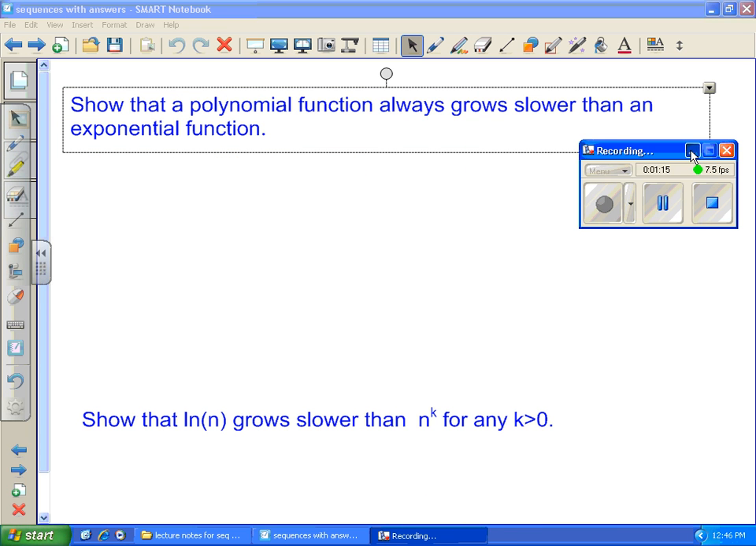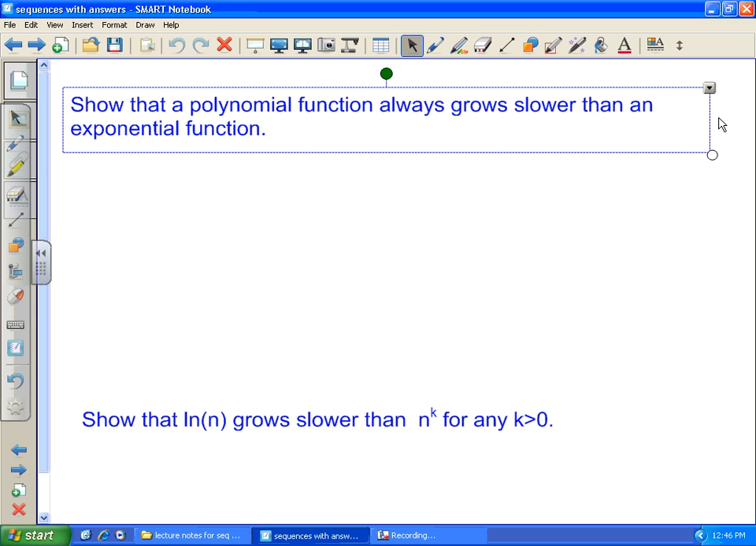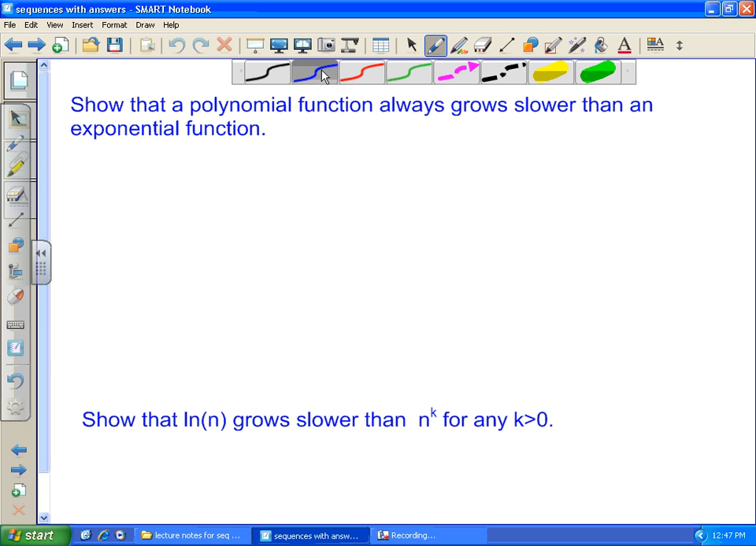So we're going to show that a polynomial function always grows slower than an exponential function. Basically, we're proving one item from that big inequality that I gave you. If you look back to the inequality, polynomial functions, since we're talking about not x's but n's, a polynomial function, we can write it like this. A polynomial, we're talking about sequences. So instead of x, I'm going to use n. So something like, let's say, n to the k,